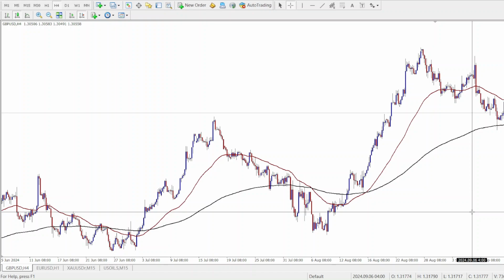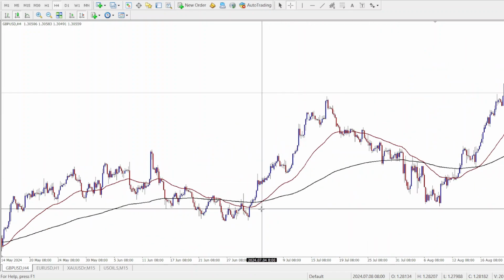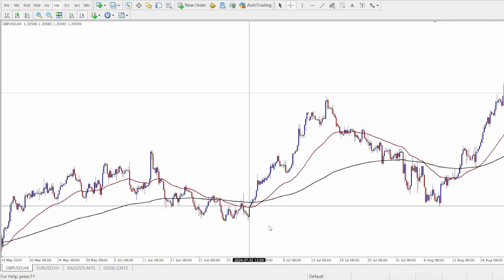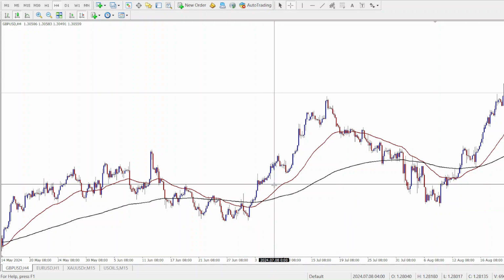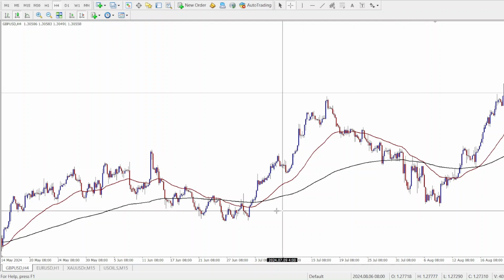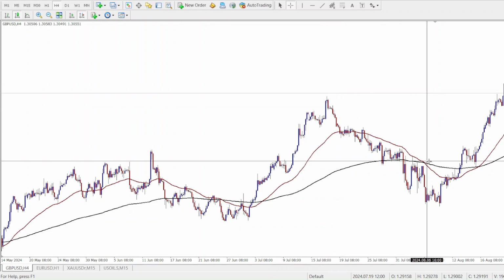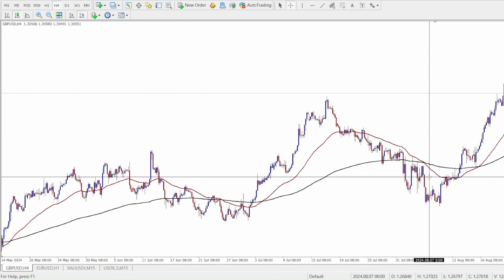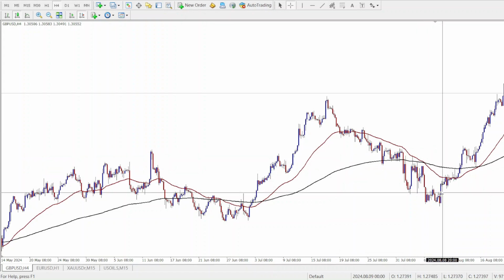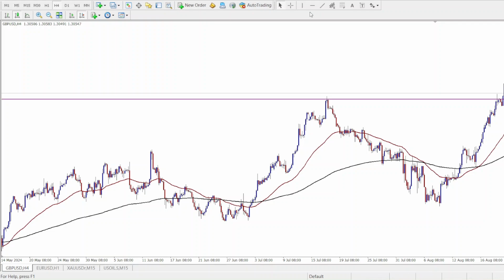So now basically, when you're using the crossover strategy, using two EMAs for extra confirmation, it is just as the name implies, a crossover strategy. Crossing over upwards indicates a bullish signal, crossing over downwards indicates a bearish signal. For a bullish trade, stop loss can be below swing low, take profit can be at the nearest resistance level. For a bearish trade, stop loss can be above swing high, take profit can be at the nearest support level. Now you might also consider using additional confirmations like the